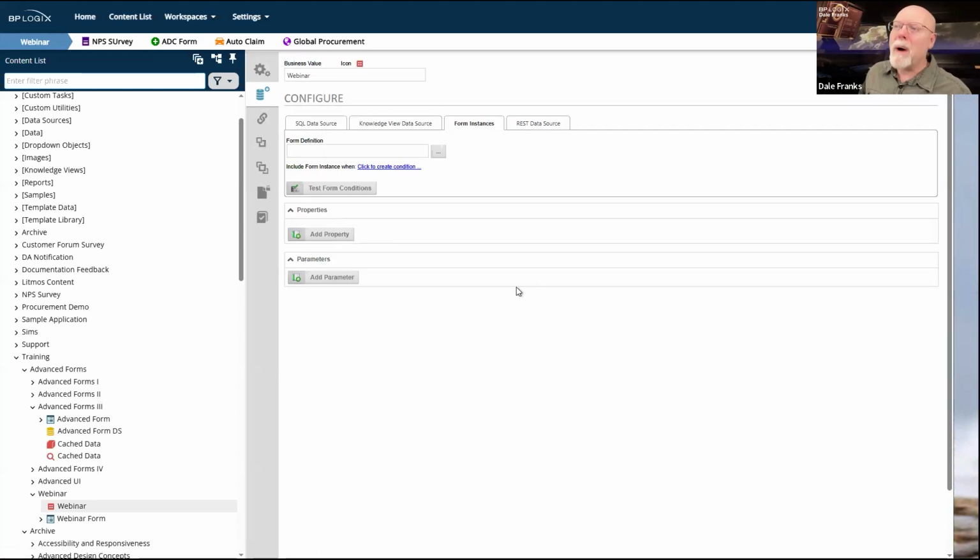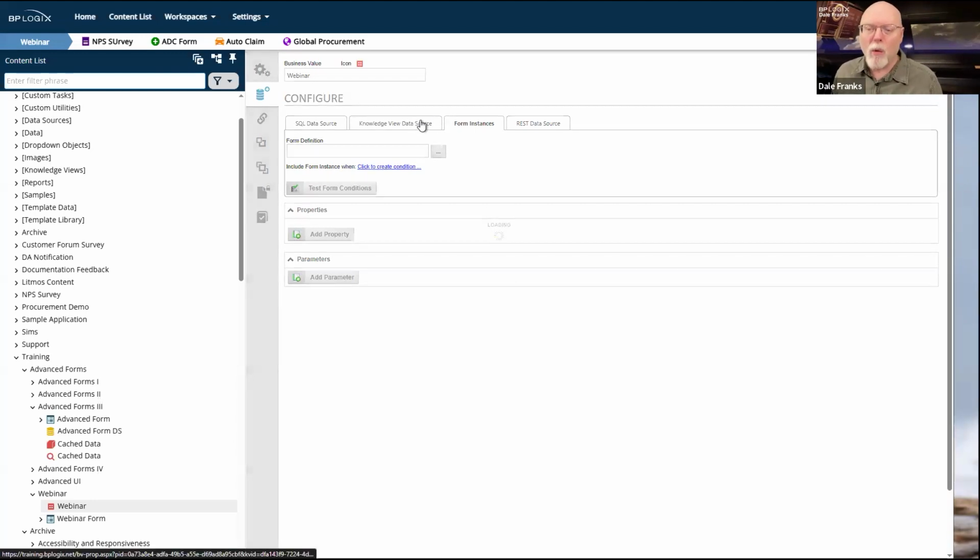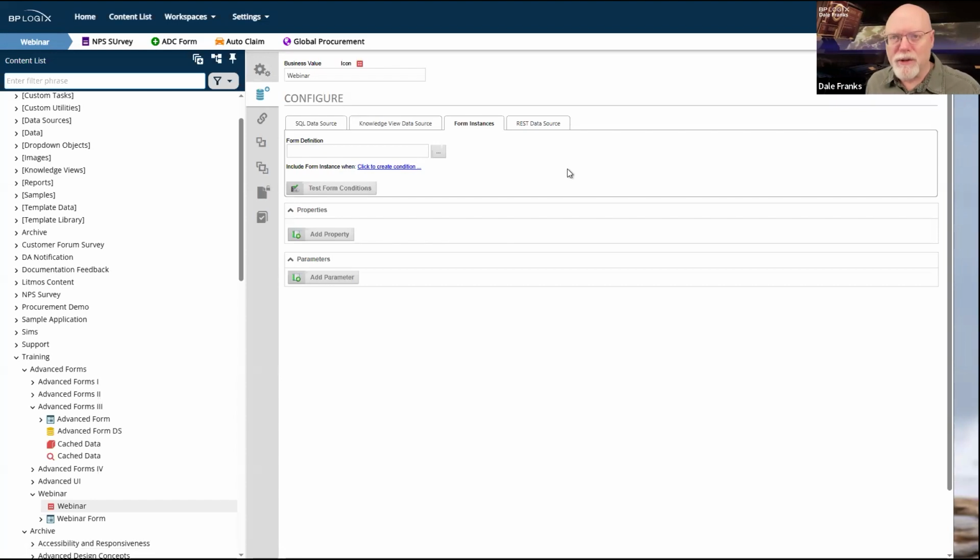And by slow, I'm talking about, let's say I click a button and I'm going to call one of these knowledge views. There may be a noticeable delay. It may be a second or two. It may be 5 seconds. If I'm going through hundreds and hundreds and hundreds of records, it may be 10 seconds. We don't actually know.